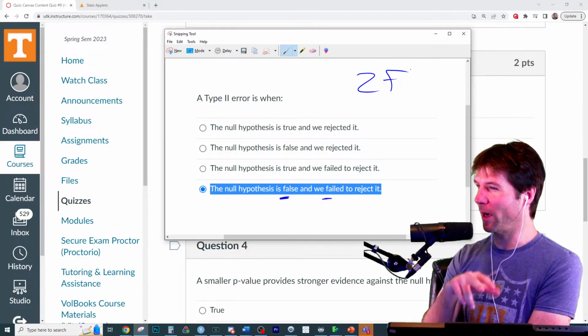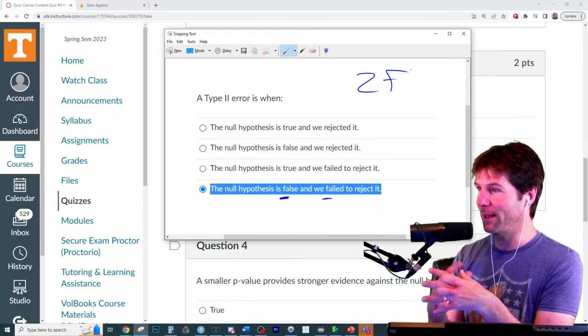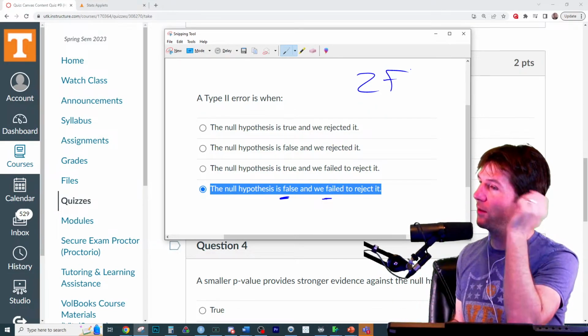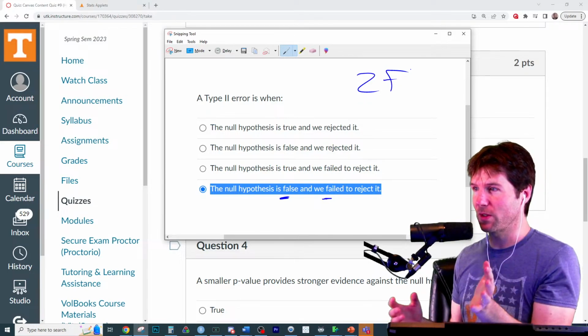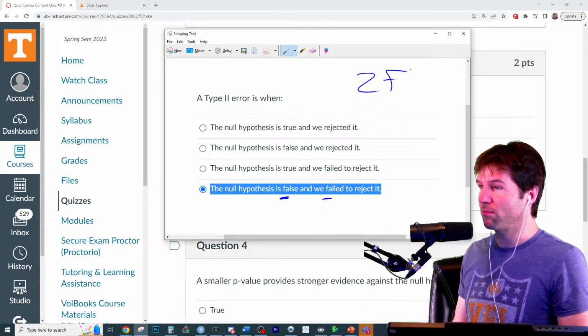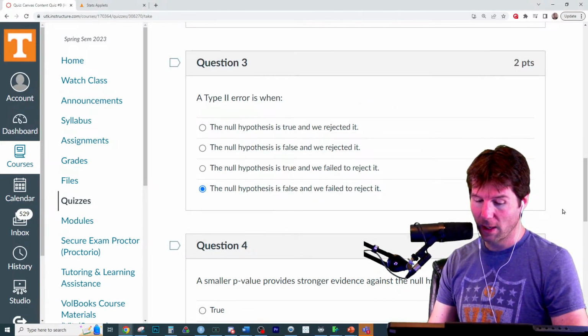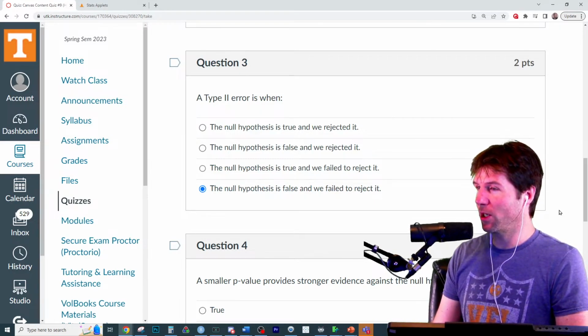It's a lot easier than a lot of the graphics you see where you basically just have to memorize it anyways. But that saying right there has helped, I think, tons of students. I've even had other educators use it. So once again, shout outs to Hannah right there. If you think of something really great, maybe there's a great way to remember things, and that'll help future students also remember these concepts. What does it mean when the null is false and we fail to reject it?